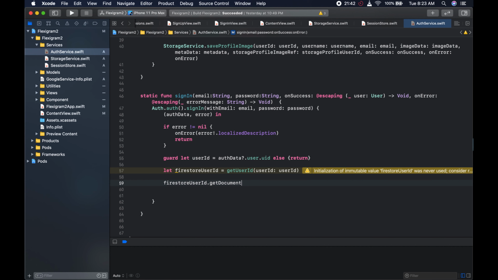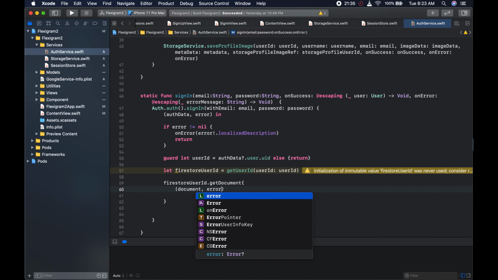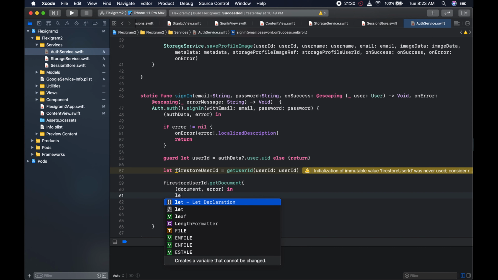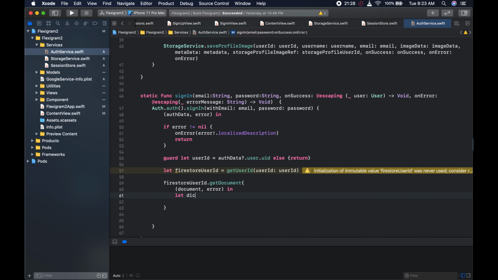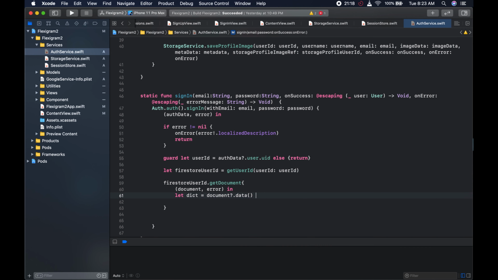Get document, and we are going to come here and say document error in, and we're going to create a dictionary. Let dict equals, we're going to try and get it from the data that has come back. This is optional, of course. Data, and here we're going to say guard let decoded user